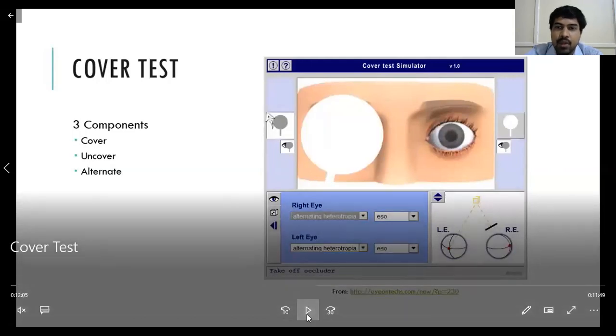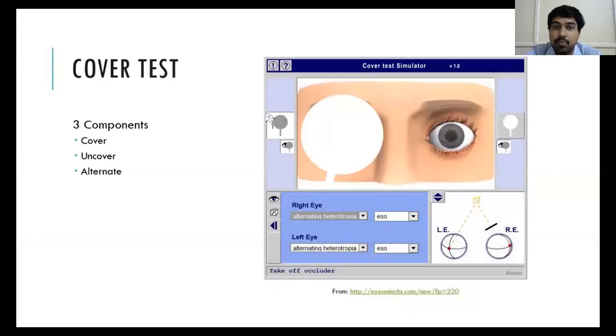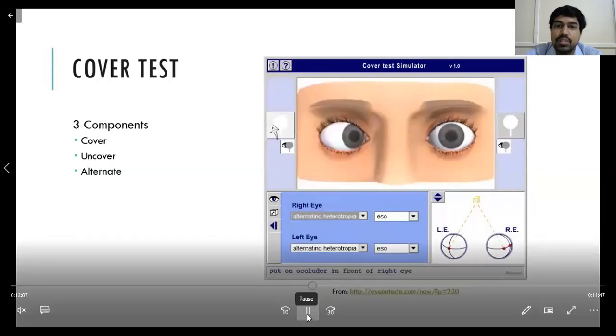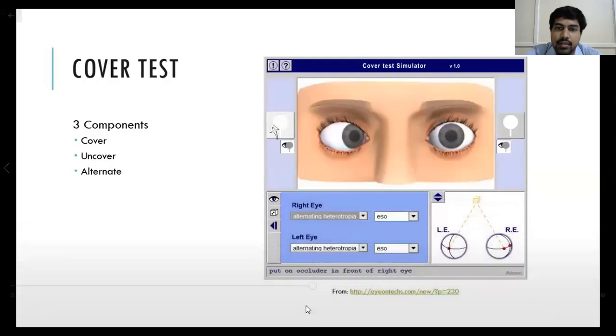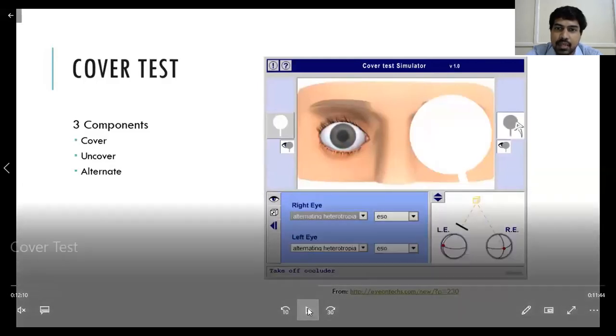So we think that only the left eye is having squint. But when you remove the cover of this particular eye, you see this eye has deviated inside. That means here both eyes are having squint, but both eyes are alternatingly moving. So this is known as the cover uncover test. Once you cover this eye, this one took up fixation, but when you remove the cover, this eye is again deviating. So this shows that there is squint in both the eyes, but it is alternating. Sometimes one eye is being used and sometimes the other eye is being used.